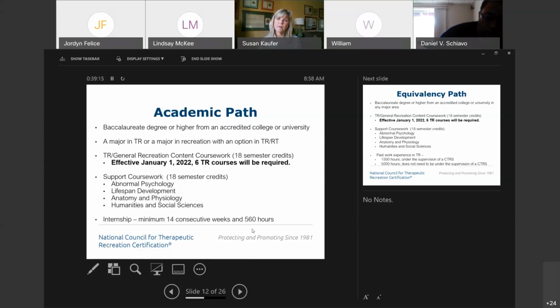There have been some modifications and some suggestions related to certain standards right now, and some areas where you might be able to have some assistance if the internship had some interruptions, and maybe the agency had to close for a while due to COVID. So we have been well aware of this situation and have made some modifications. Just as a point of interest and clarification, we would encourage you to visit the NCTRC website and have a look under the featured news section.